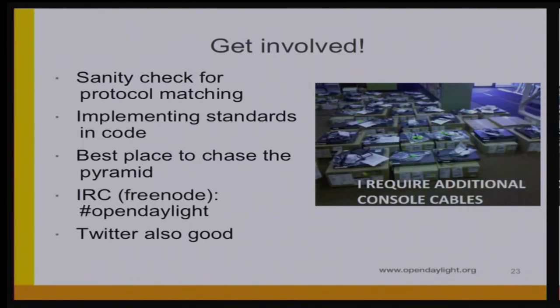Maybe more specific. You're matching on IPv6 neighbor discovery packets, but the address doesn't match the format that it's supposed to. That kind of knowledge is actually really, really valuable in this community. And there's many use cases where somebody could sit down and just look at a list of features that have been added recently and just do that sanity check and make sure that they match exactly what they're supposed to be doing from a protocol perspective.